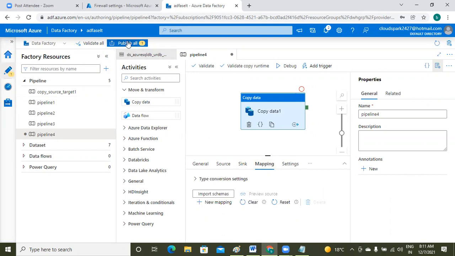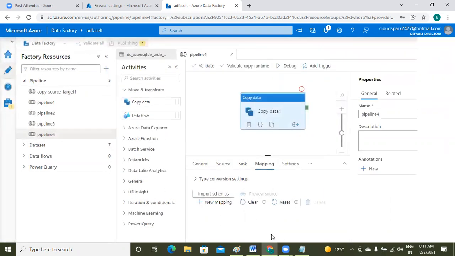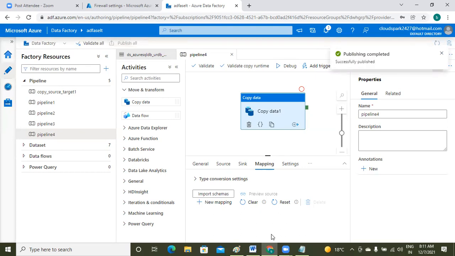I'm going to publish this. Just wait. Yeah, publish completed. I'm going to execute this one.